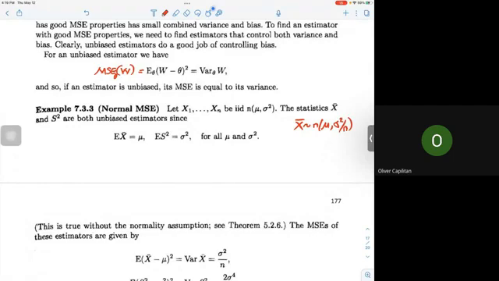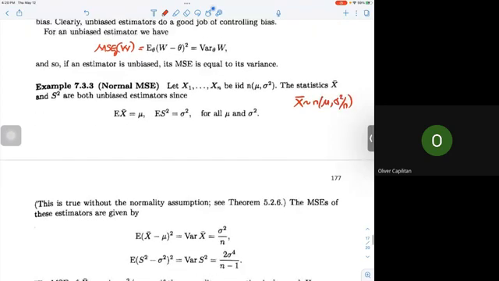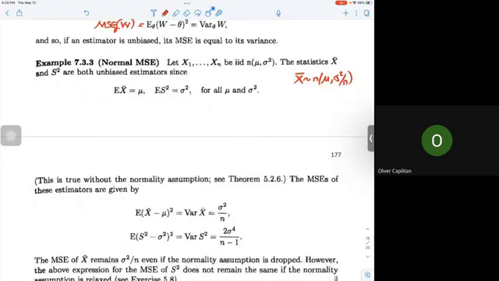Alam natin before na sa STAT 331 yung mga distribution ng ating sample mean, no? Sampling distribution of our sample mean as also our sample variance. Tutunan natin yan dun. So we have here the mean of the sample mean is equal to mu. The mean of the sample variance is equal to sigma square. Okay, so since it is equal to the unknown parameter, then the x bar and s square are both unbiased